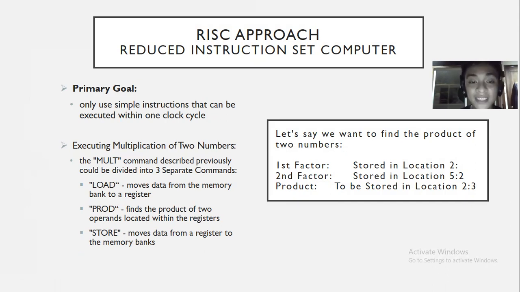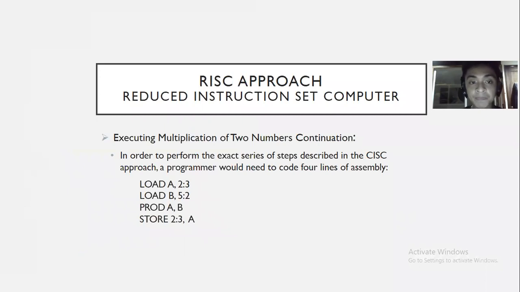Then store, which moves the data from a register to the memory banks. So if you continue, in order to perform the exact series of steps described in the CISC approach, a programmer would need to code 4 lines of assembly. Load A to 3, load B, load to register A the data from cell 2-3, load to register B the data from cell 5-2,